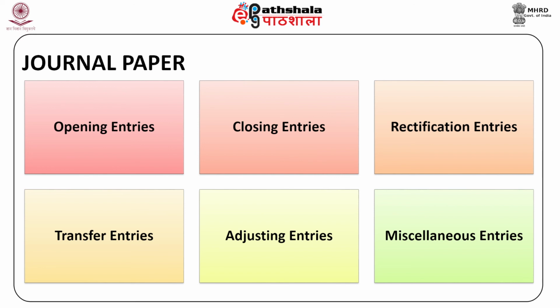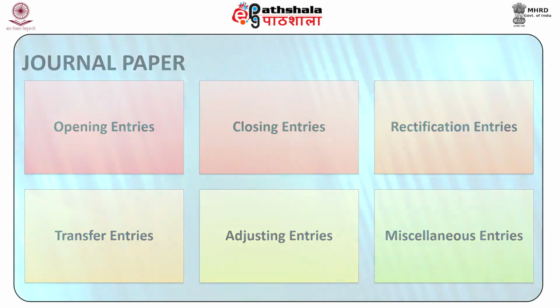These transactions are recorded through journal entries to be passed in the journal proper. These are dishonor of bills of exchange, credit purchase of things other than goods like furniture, machinery, etc., debtors written off as bad debt, transfer of profit to capital account, and loss of goods by fire, etc.